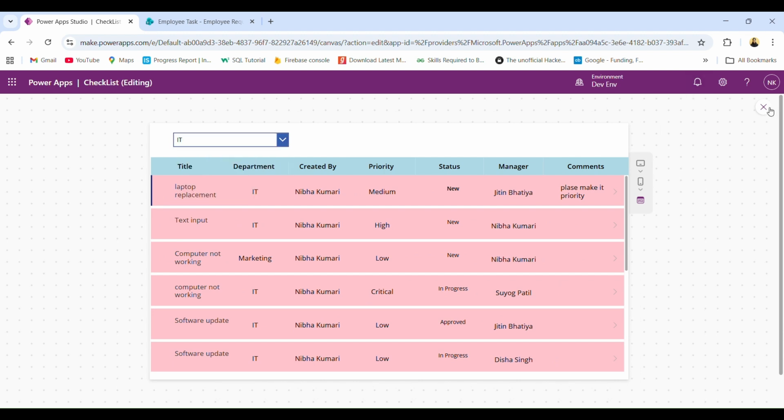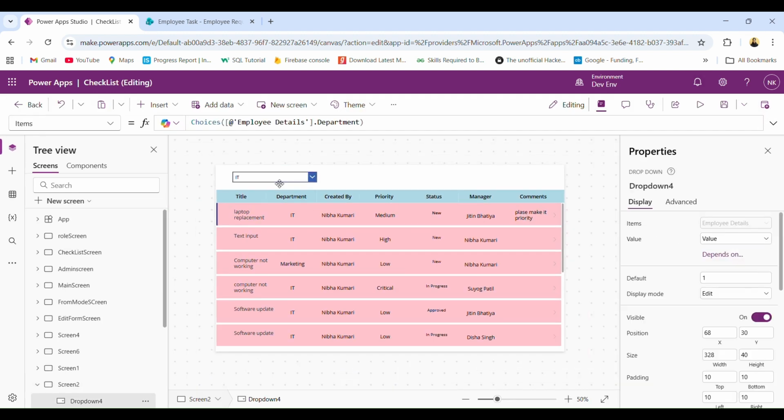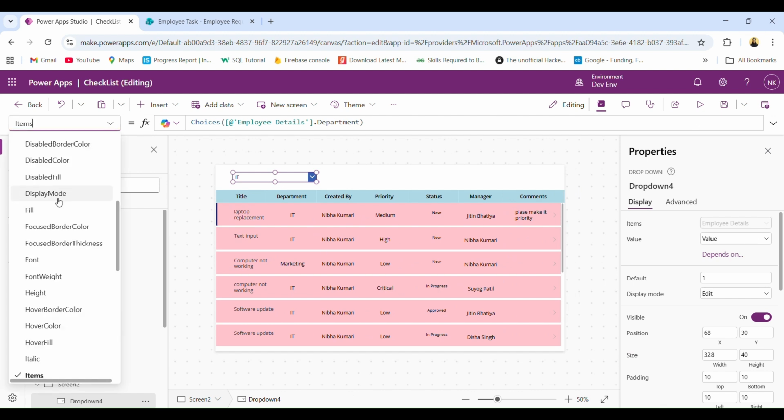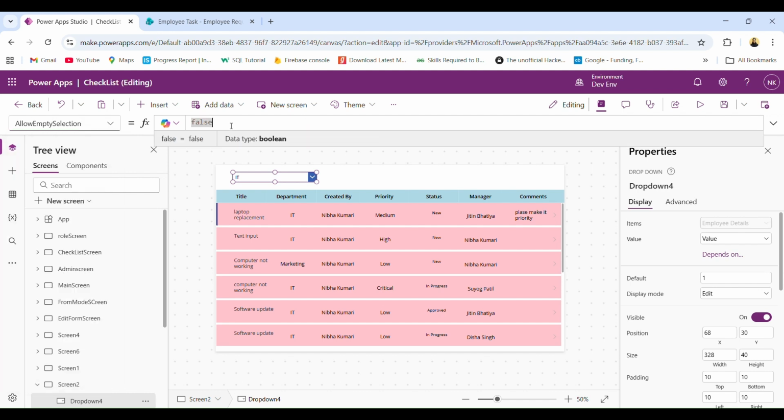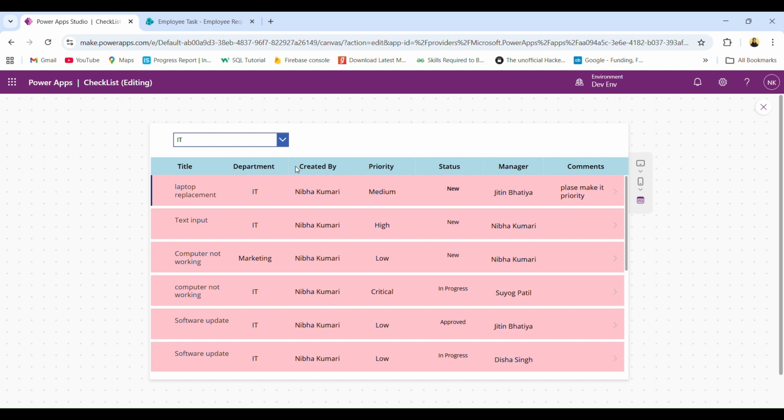Perfect. Now this has selected a default value, and to make sure that it can also select a blank value, we'll go to allow empty selection and make it true, so that it will also allow selecting a null or a blank value. So if I deselect this,